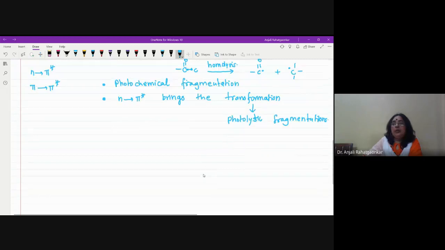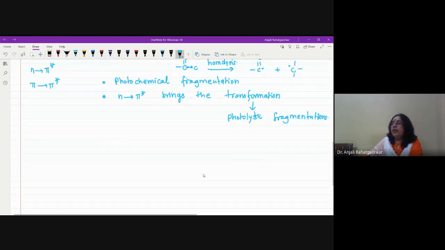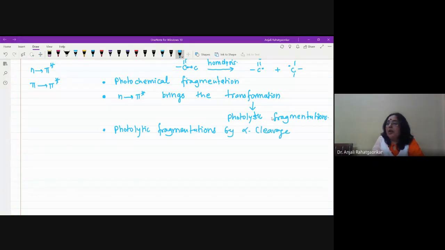Now once the photolytic fragmentation takes place by alpha cleavage,